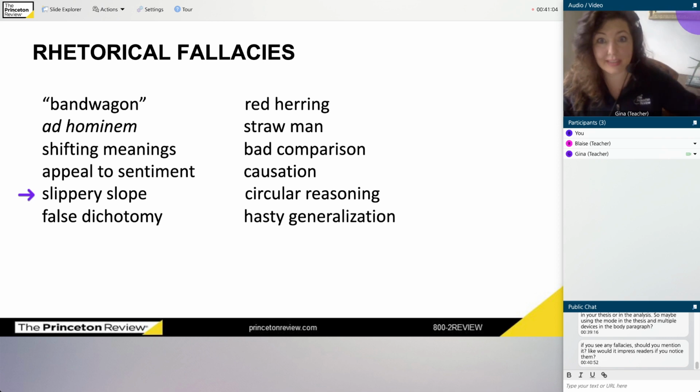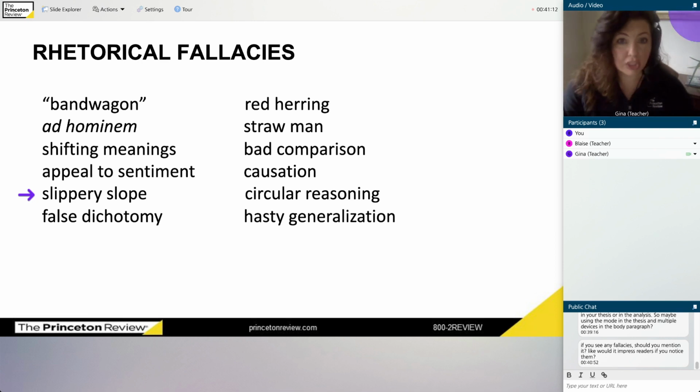That's why I'm giving them to you, right? That's why I want to see you put these things in your notes, because if you happen to see one of these things and you mention it, it looks good to the grader. Now, on the other hand, it's possible to just describe these things without using the term. So, for example, if you can't remember ad hominem, or it wasn't in your notes, that's fine.